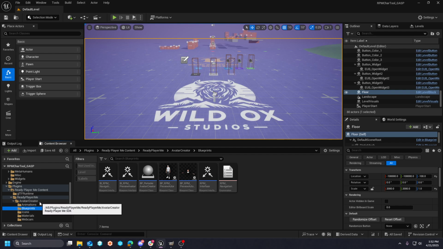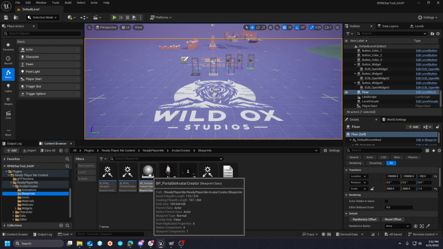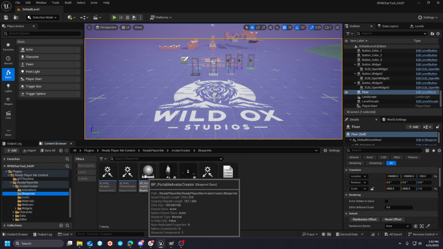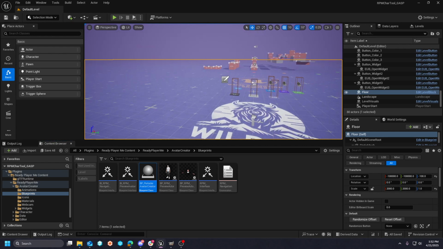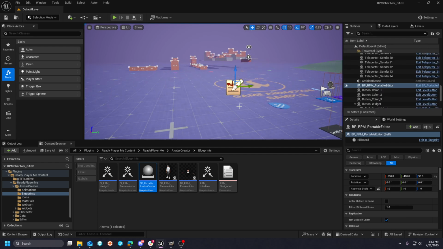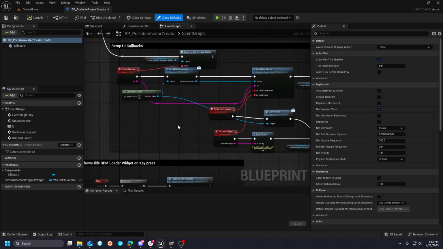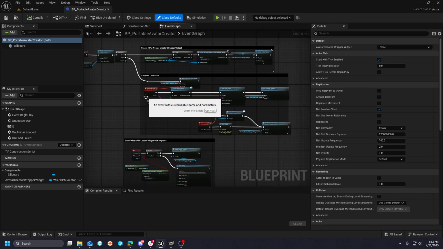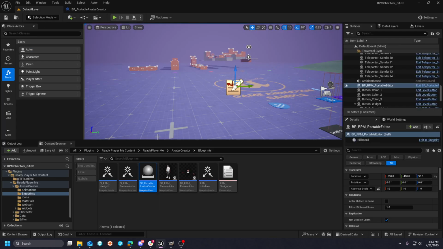avatar creator. So for whatever reason, in their getting started example, the avatar creation widget is inside of the level blueprint. So I've made this portable class, and you'll see it here in the sample. If we go right over here, you'll see that it's right here, portable editor. So basically this makes this very modular, and it can be put into any level. I've also removed all references to casting to the class. So now what that means is,